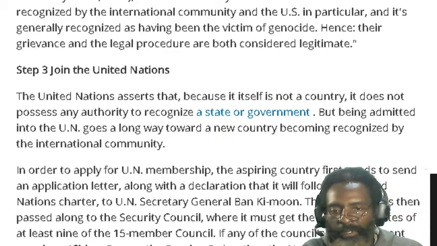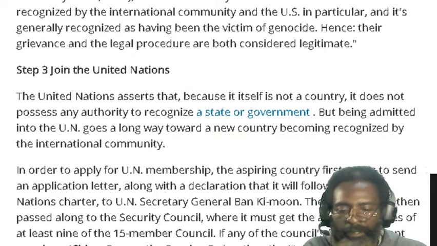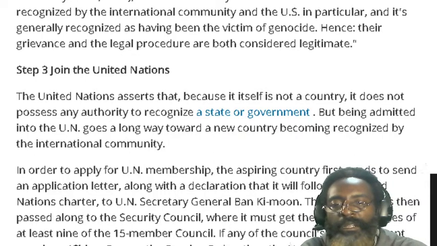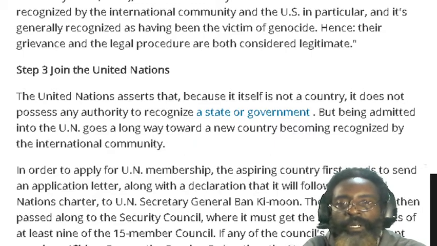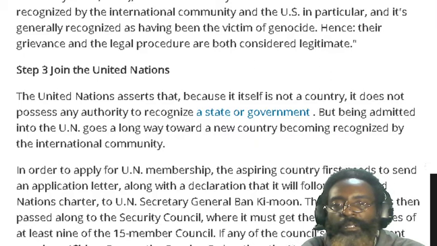And so that's where the UN comes in and says, how can we help? How can we stop this, to quell whatever confrontation they may have. And so it's not a requirement, but it would help.